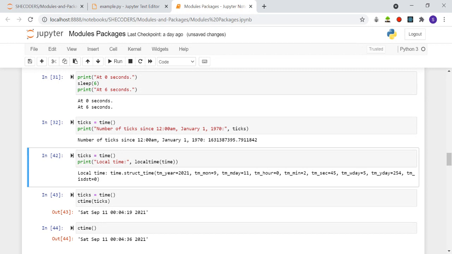So if you want them in terms of date, hours, or minutes, you can use local time. And if you do that,